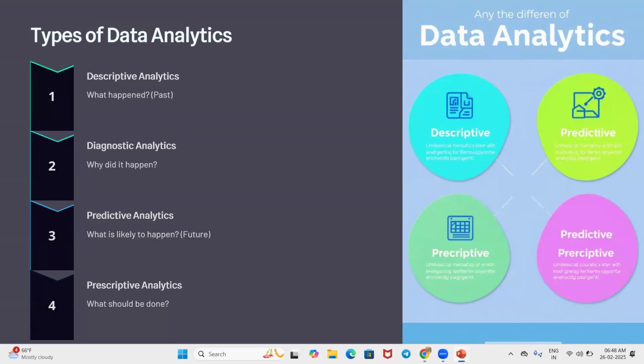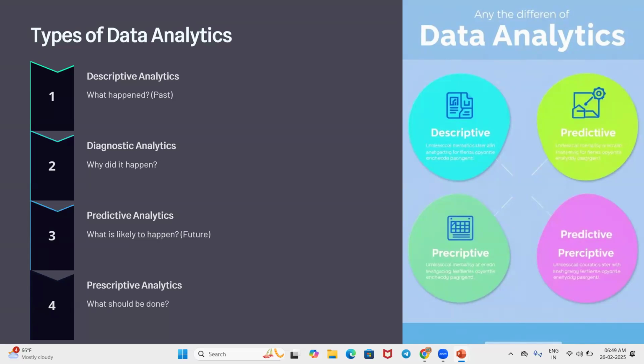What is diagnostic analysis? Once you deal with the historical data, you'll understand why it happened. Suppose they provided discounts on the sales of a product, and when we had a discount, the sales were high. You don't know why the sales went high and low. Was it due to inflation or due to the offers we gave? We have to understand all these things. How can we understand? By analyzing the historical data and by knowing what exactly the previous work has been, right? So these are the two types, descriptive and diagnostic, performed by the data analyst.